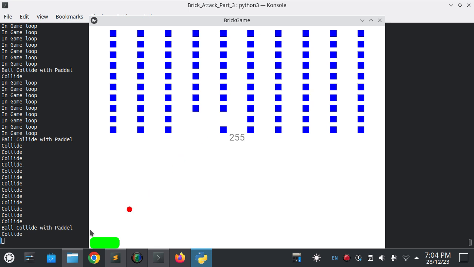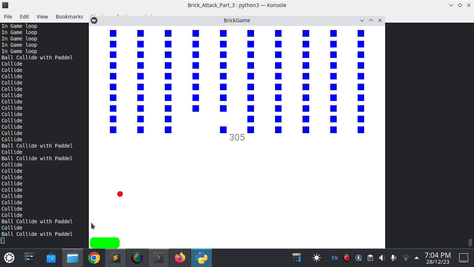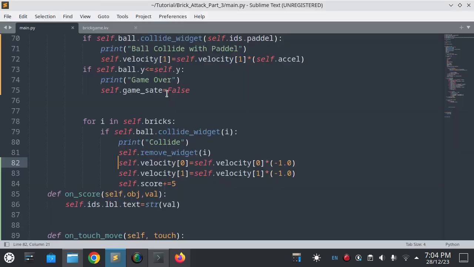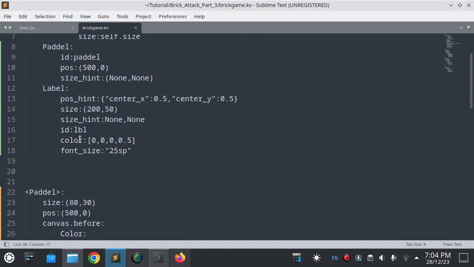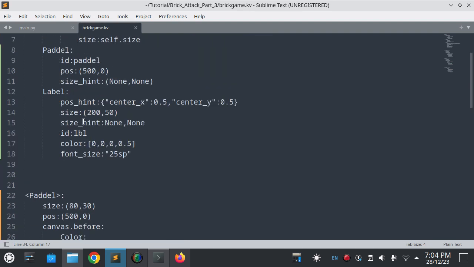I don't know where the ball is colliding with what, and why it collides and reverses. Is it due to the level? Let's change the ball position. Ball position is equal to, or let's shift the level. Okay, let's center is equal to,